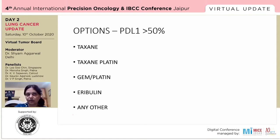If at all she cannot afford it, for the patient, if she's both PDL1 positive and also germline positive, that happens in about 15% of the patients. The second thing I'd like to offer her is the advantage of olaparib, because, as you said, she has already been given platinum. So I will give olaparib in such cases if the patient cannot afford atezolizumab in combination with nab-paclitaxel. Dr. Sajeevan, your thoughts on atezolizumab, especially after the